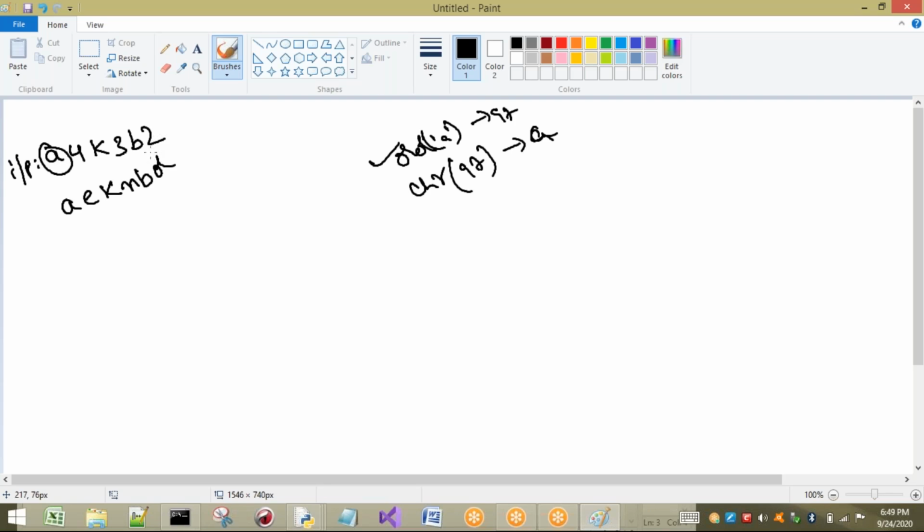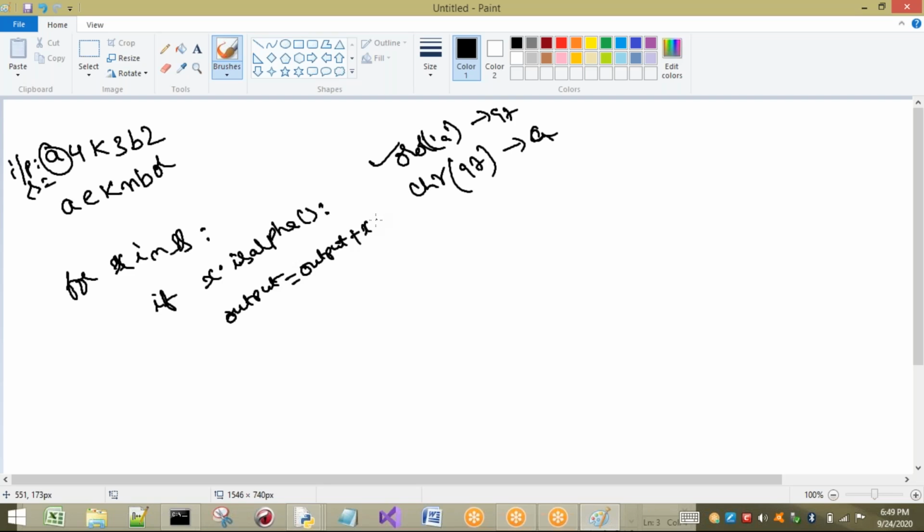Just the logic I will explain here. What will be the logic? First thing I have to do: the character has to be printed as it is. If it is a number, I have to go that many steps. So first I have a for loop. I am taking this in S, for example. So for x in S, not only x, you can take any value. Whatever character is present in x, if it is an alphabet, I am going to write it as it is. So output equals output plus x. If it is an alphabet, I'm not going to do anything else.